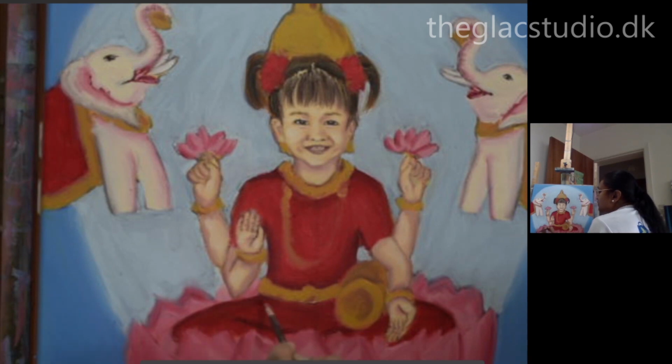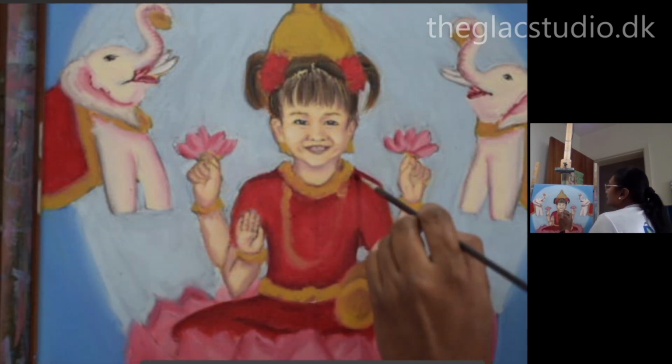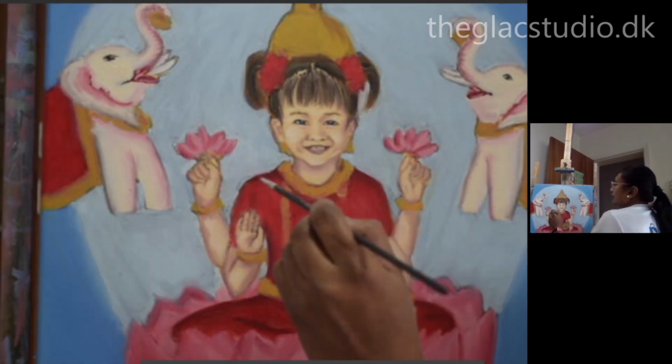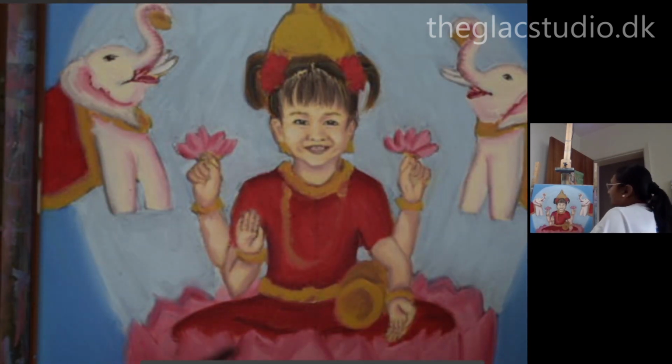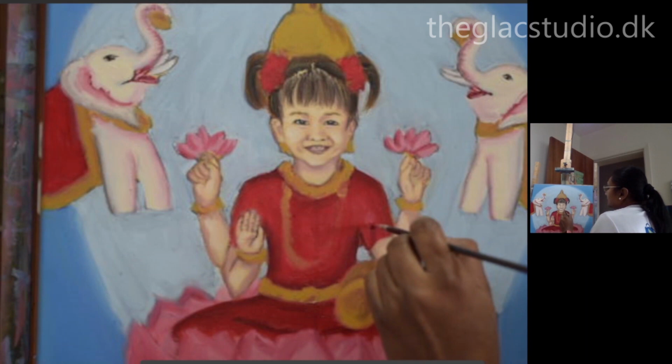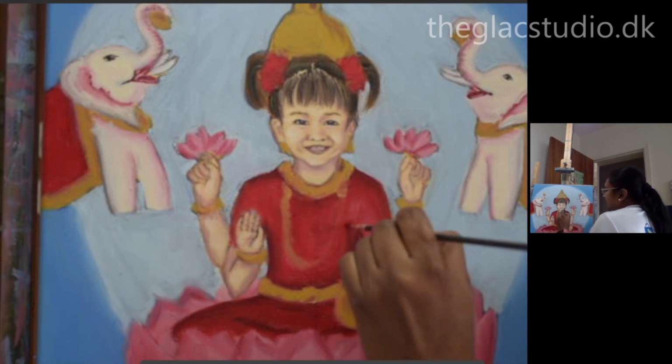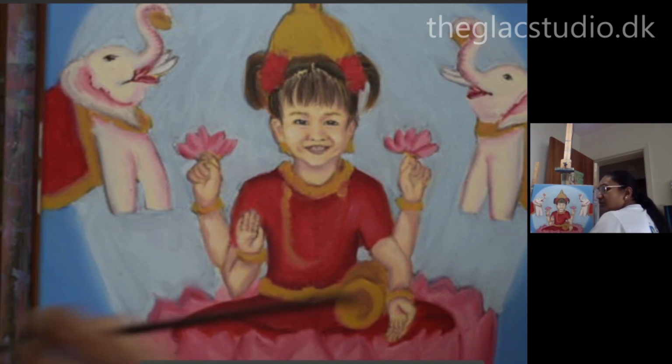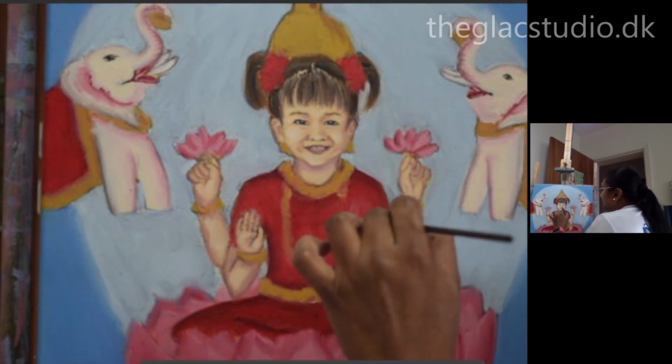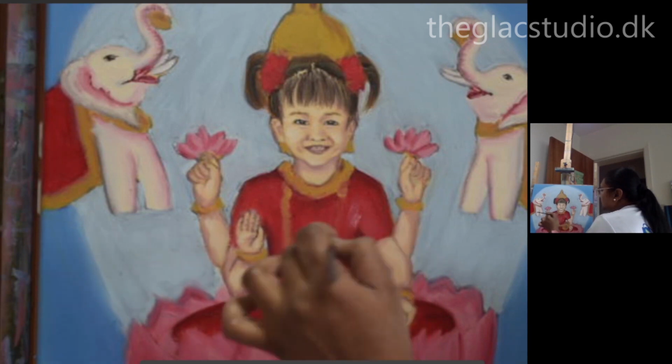I have not started using white yet. I'm just continuing with the black and the ivory black and the crimson. Maybe a touch of white. Let's see. To lighten up in some of those places where I want the highlights, or where I want to show the light is falling on her. But I would stick to minimal places,